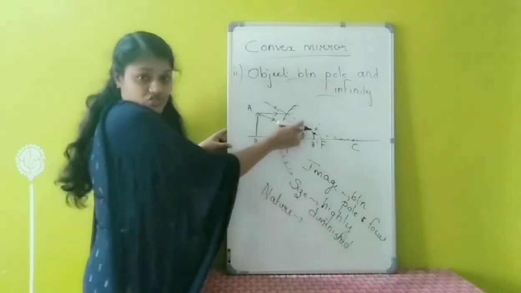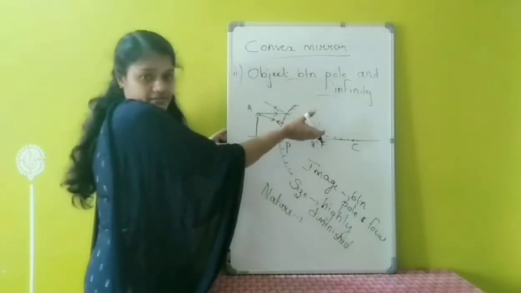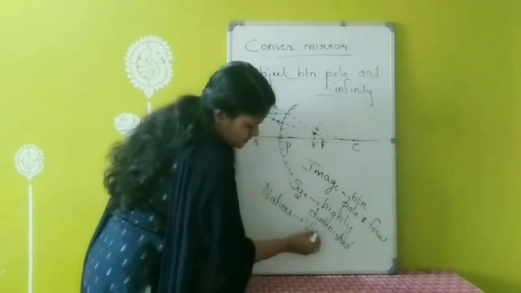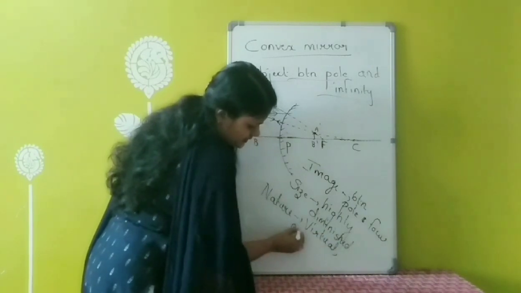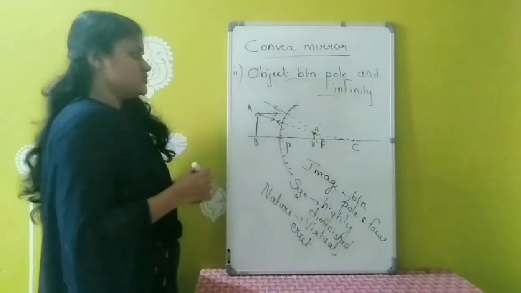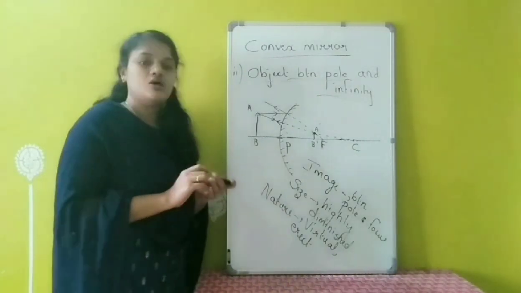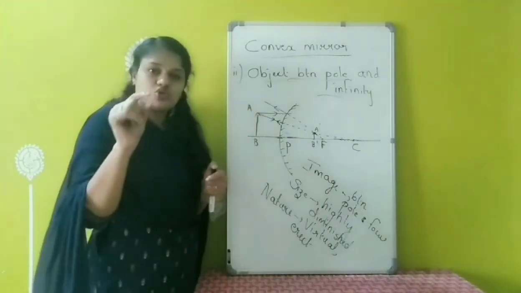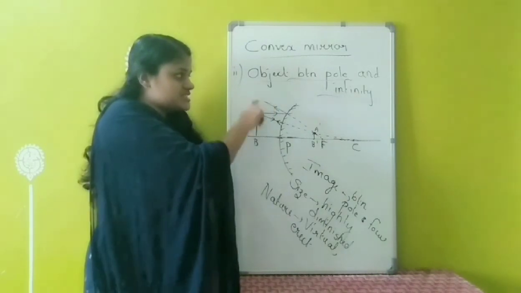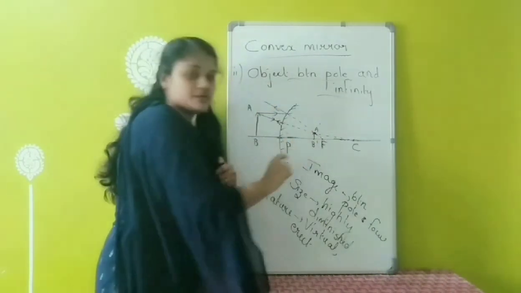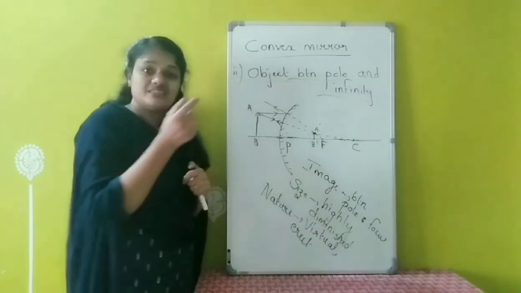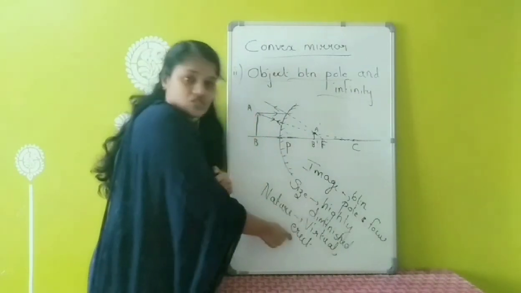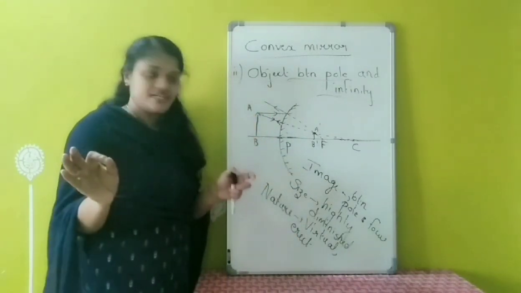And what about the nature of the image? Here actually light rays are not actually meeting, they are just appearing to meet behind the mirror. So it is considered as virtual erect. So the image is virtual erect. Okay, so in the case of convex mirror, always we are getting smaller sized image. The first case, when the object is at infinity, we are getting image at focus, a point sized image. And when the object is between pole and infinity, at that condition also we are getting a highly diminished image. So always we are getting smaller sized image in case of which one? Convex mirror. As well as one more thing, always we are getting virtual erect image in case of which one? Convex mirror. The image will always be virtual erect.